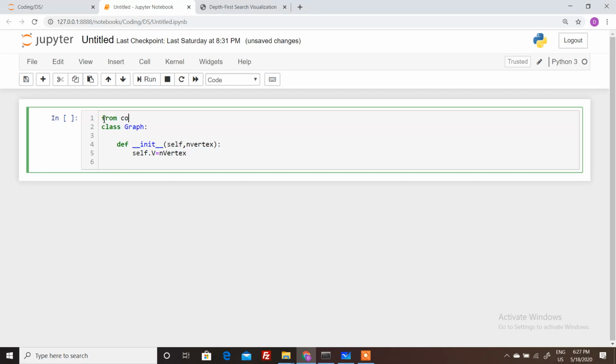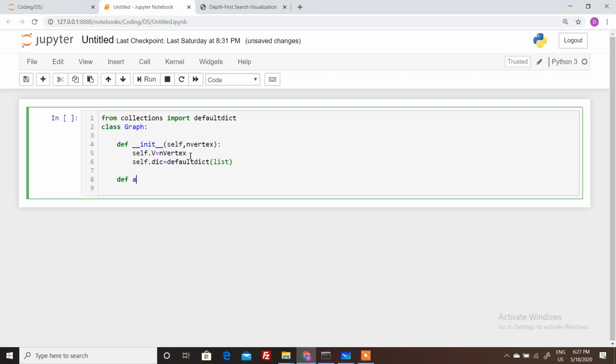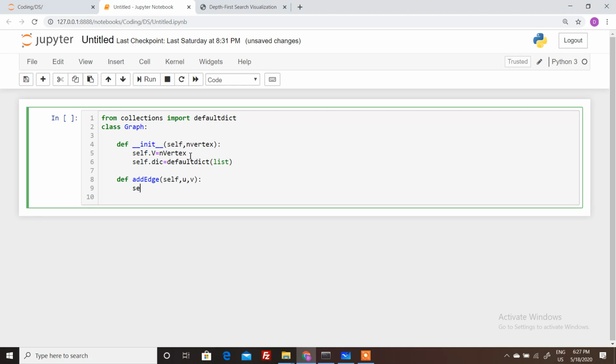So from collections import defaultdict. Let's define the add edge. Since we are doing it for an undirected graph, we need to create an edge from u to v and v to u.